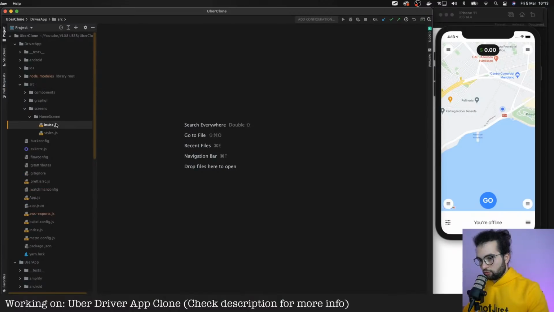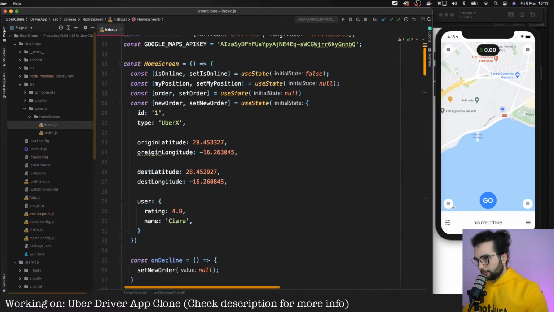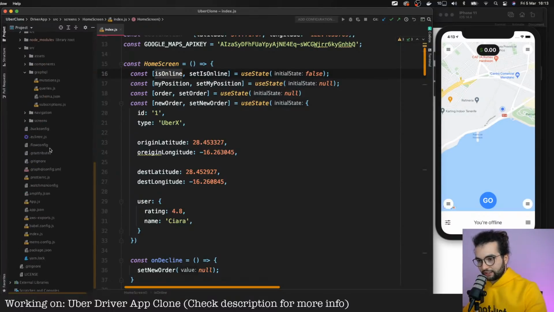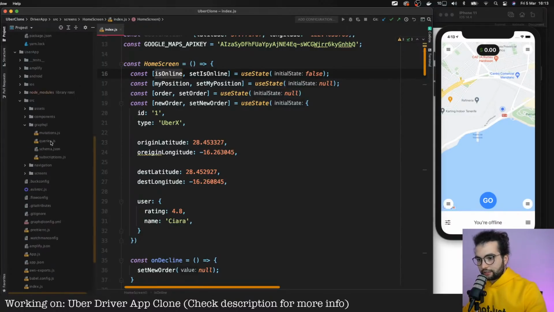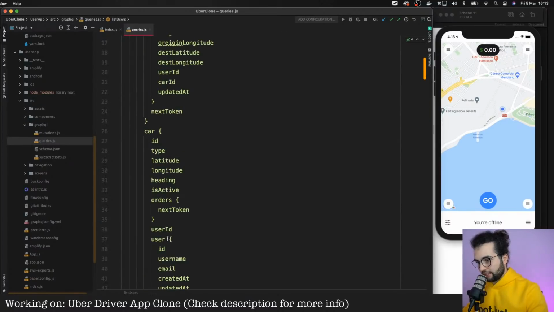So this is our home screen. If we scroll to the top, isOnline is just a local state in this component. Our goal is to have this isOnline. Probably isOnline would have made more sense to call it in our GraphQL API, but we called it something else. We called it isActive.